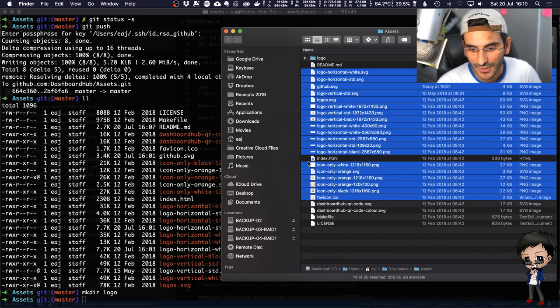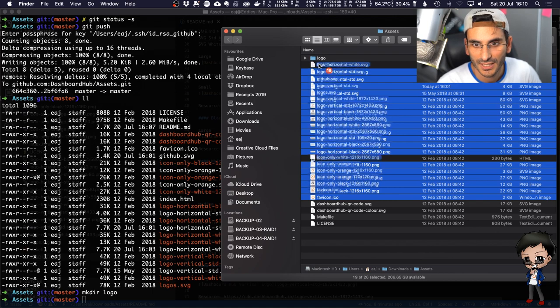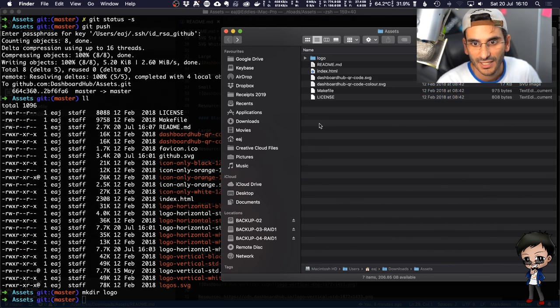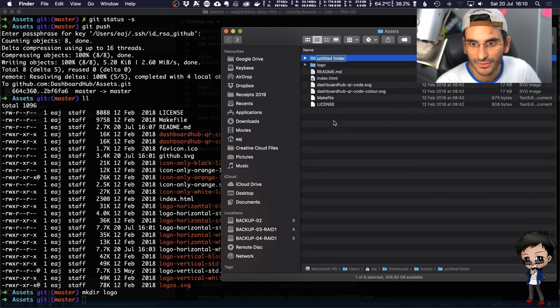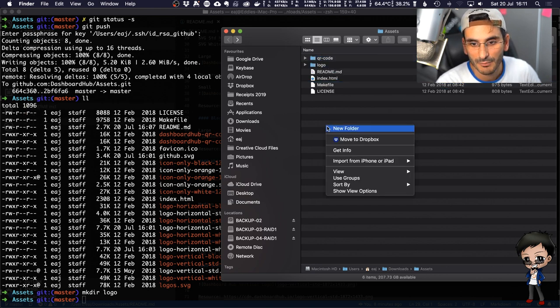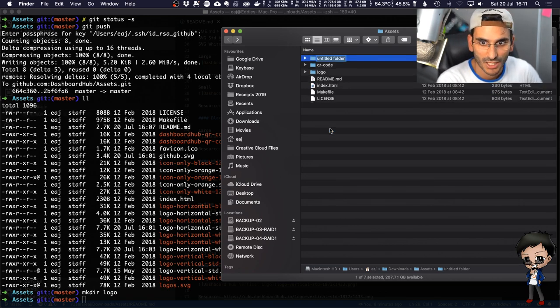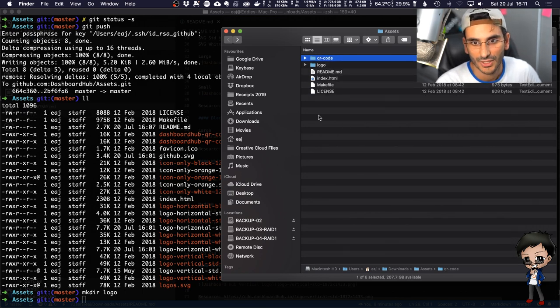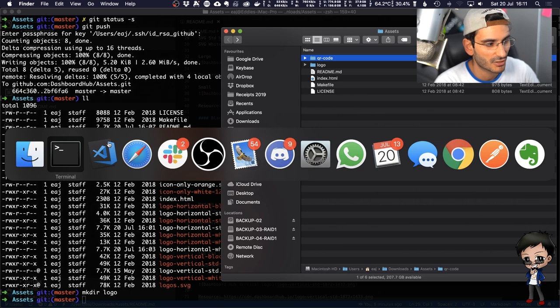So let me just move this to the logo directory. And then I will probably want a QR code directory. I need to update the README with all these paths as well in a second. I'll do that in VS Code so you can see the plugins. And actually, the mascot directory we can do in a second commit. So we'll do that. Let me go back to VS Code as well.